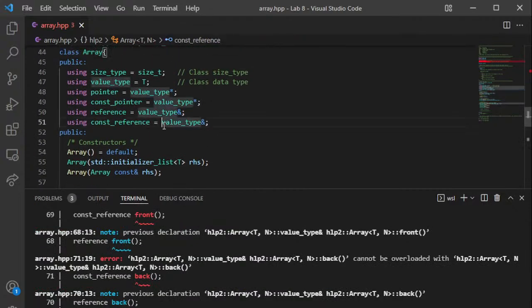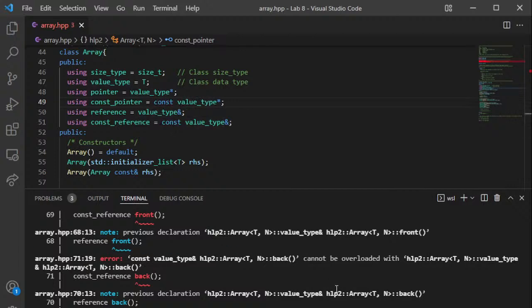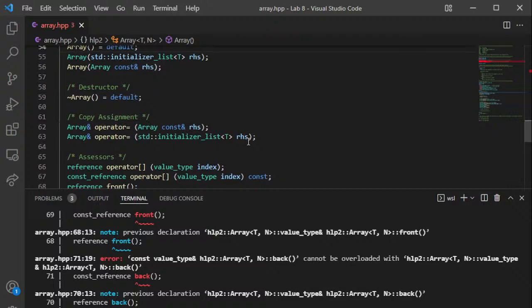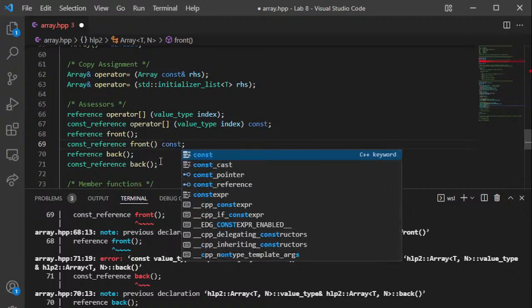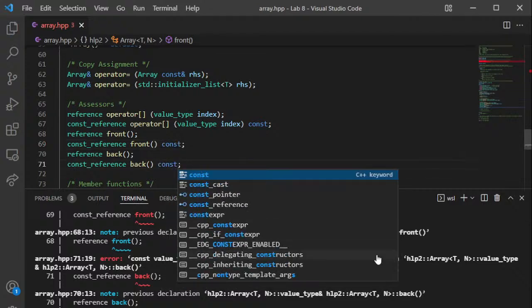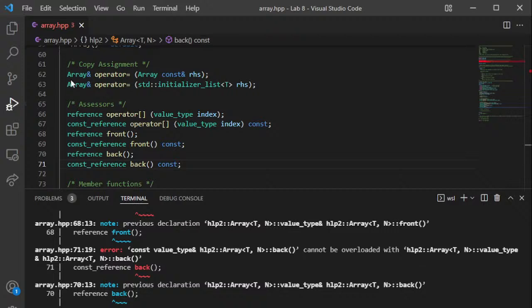Is it because, yes, it's because I didn't put const. So yeah, it says that, oh right, const and const, and then now it should be different functions. Yep, previously it was because